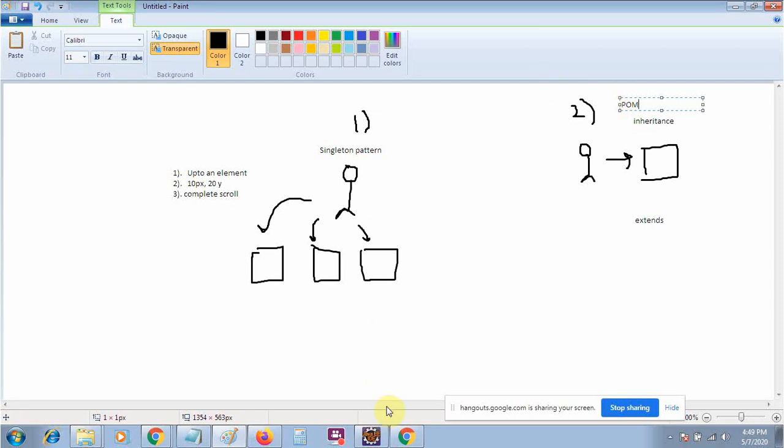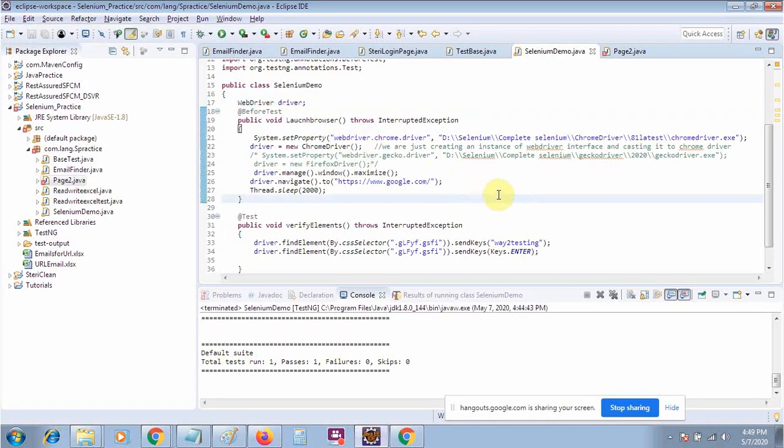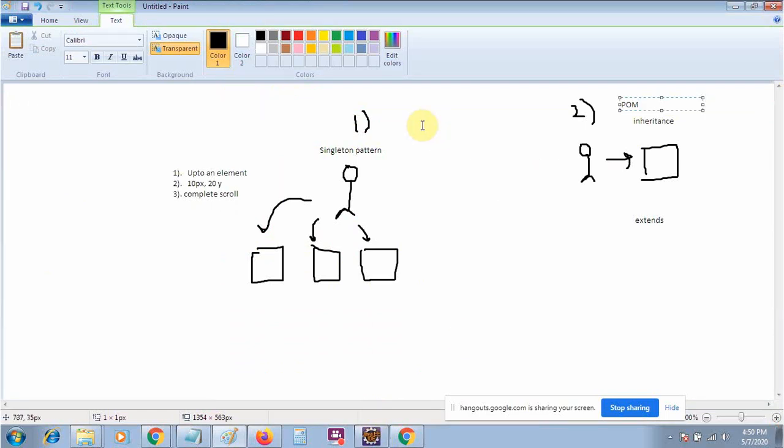So again, the problem I told you about: in the interview, they can ask why we need all these patterns. The reason is to avoid duplication, where for each web page we have to create the WebDriver instance to automate. This is not a good practice. The good practice is to create a one-time instance and pass it to every class, or create a parent class driver reference and, by using inheritance and extend, pass it to the second class, third class, fourth class. We will discuss both of